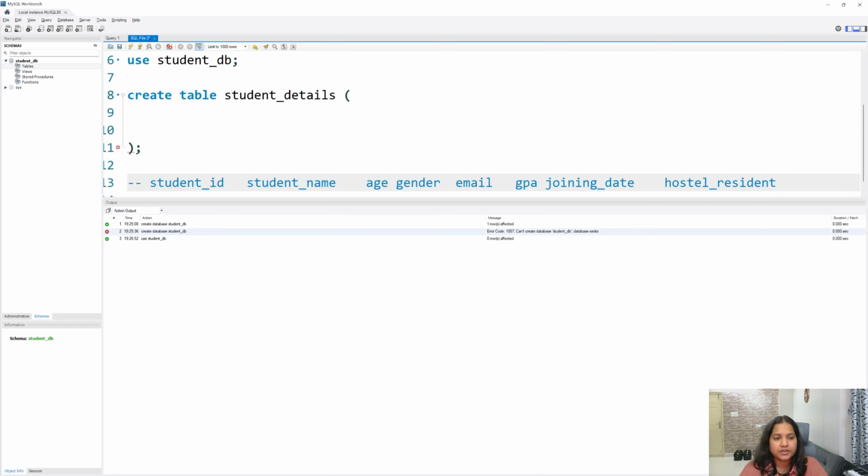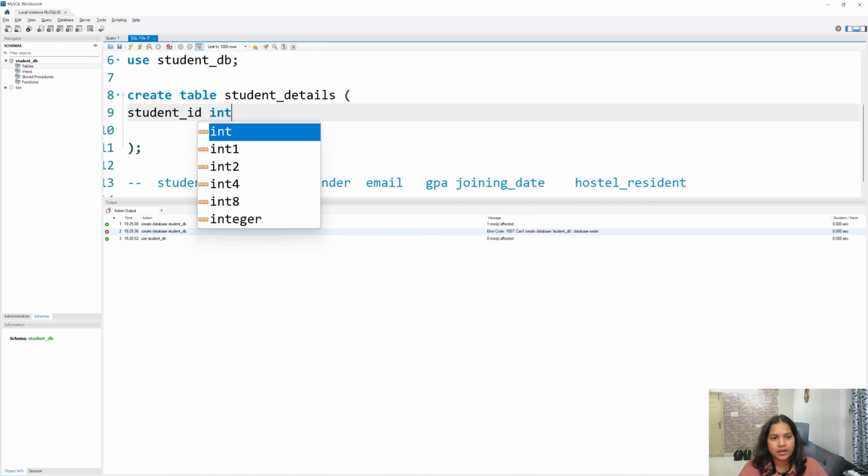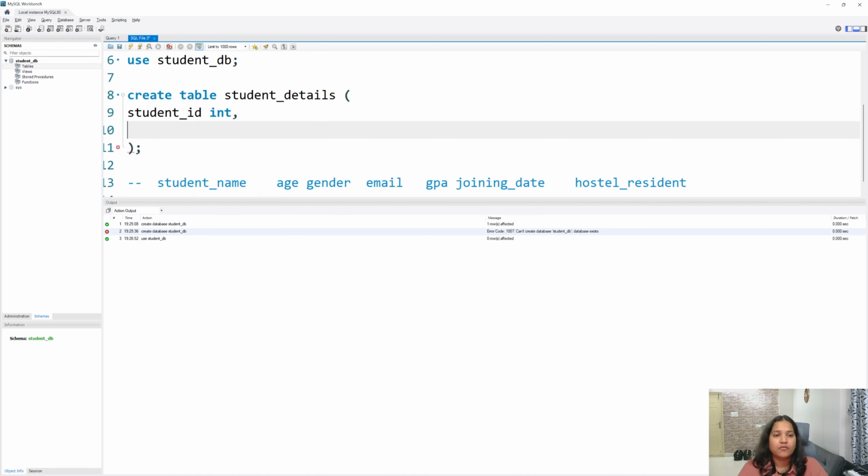Now the first thing is your student_ID. I'll take student_ID, and it should have a data type. Every time you're creating a table, you write the table name, you give the first column, and after the column name, give the data type. Since student ID is an integer, I will give the data type as int. I'll put a comma, and next, what is the second column name? Student_name. This is a varchar 256.